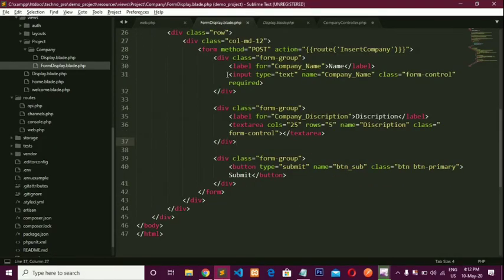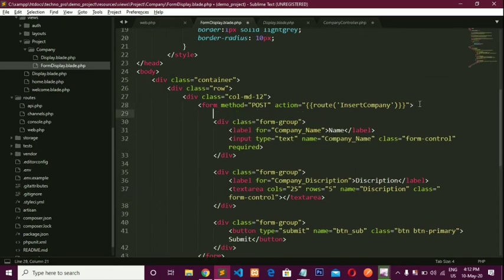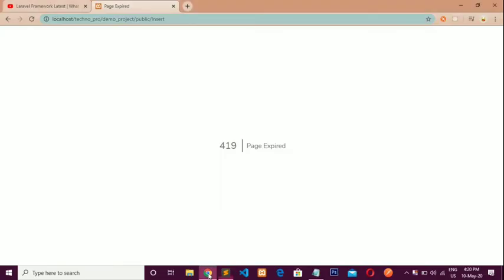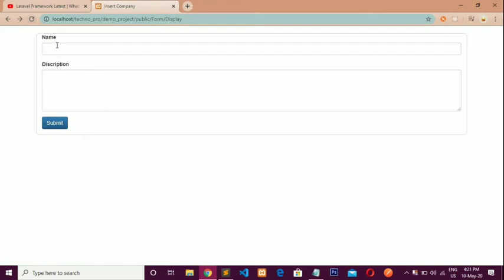So right here write @CSRF. Its full form is cross-site request forgery. Now refresh this page and insert the data again: TCS, awesome company, and submit.